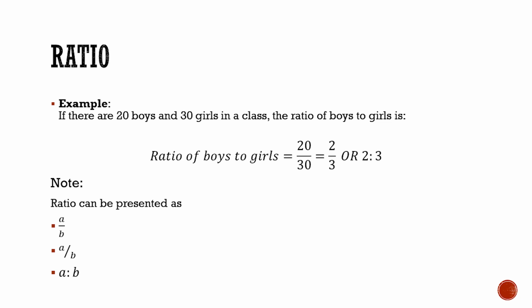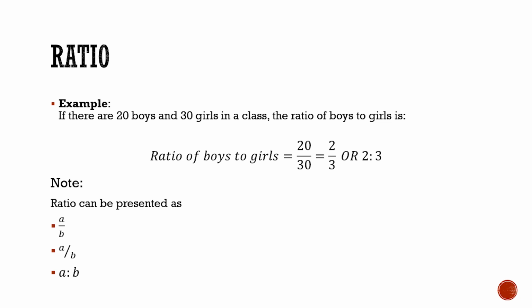Now, just an example for you. Suppose there is a class where there are both boy students and girl students. Suppose there are 20 boy students and 30 girl students, and I want to know the ratio of boys to girls in that particular class. How will I write it? It is nothing but the division of boys by girls. So this ratio, the ratio of boys to girls,